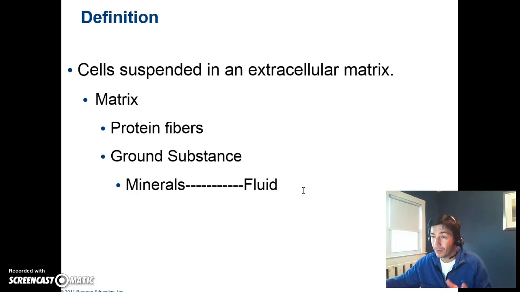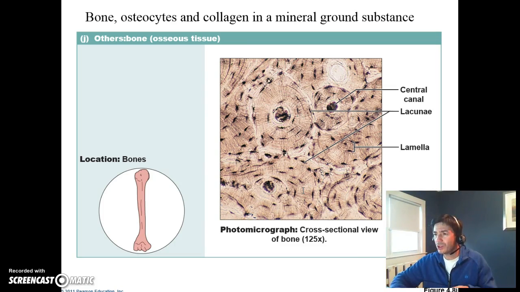You want to think of them as very long rope-like proteins or rope-like molecules that are used to make things tough and connect things together. The ground substance can vary very widely from one connective tissue to another. So if the ground substance is minerals, you have a connective tissue called bone. So here you have a very tough mineral-like ground substance that has some collagen protein fibers embedded within it, and